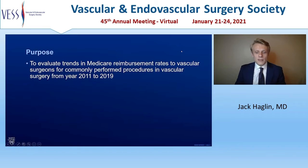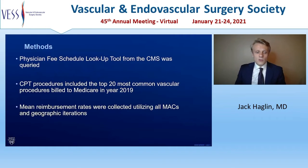Given the fact that Medicare comprises a large and ever-growing portion of physician reimbursement in the United States, as well as the flux we currently find ourselves in regarding healthcare policy in this country, the purpose of this study was to evaluate trends in Medicare reimbursement rates to vascular surgeons for commonly performed procedures within vascular surgery from year 2011 to 2019. Getting into our methodology, for this analysis, the 20 vascular procedures most commonly billed to